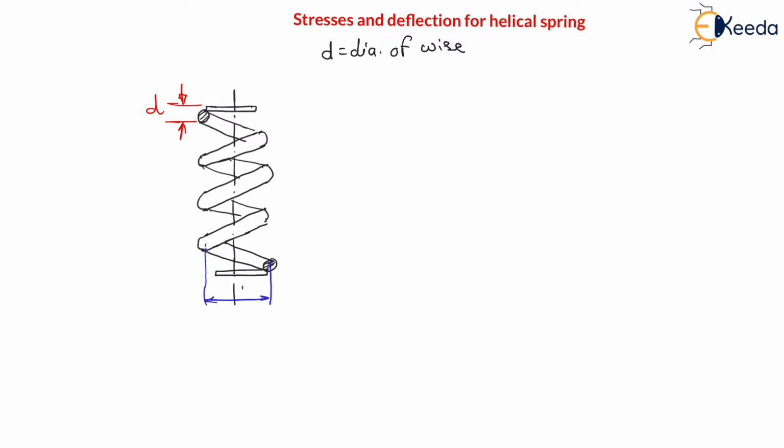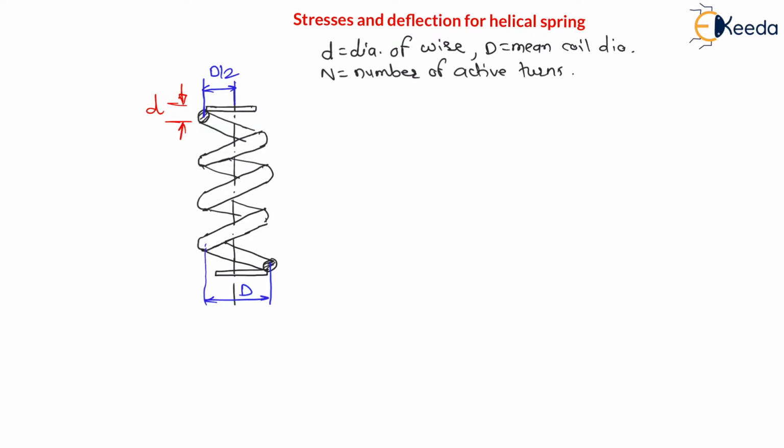In the previous lecture, we have seen all these terminologies. Mean coil diameter, right? Means from this location, from the mean line, here this line is a mean line, right? Mean line to this axis, this distance will be D by 2, mean coil diameter by 2. And here, this capital D is nothing but mean coil diameter, right? And let us say there are a total of n number of active turns. N is the number of active turns.